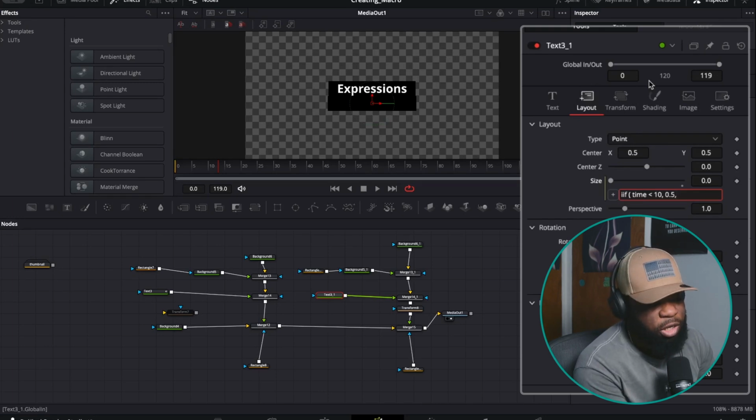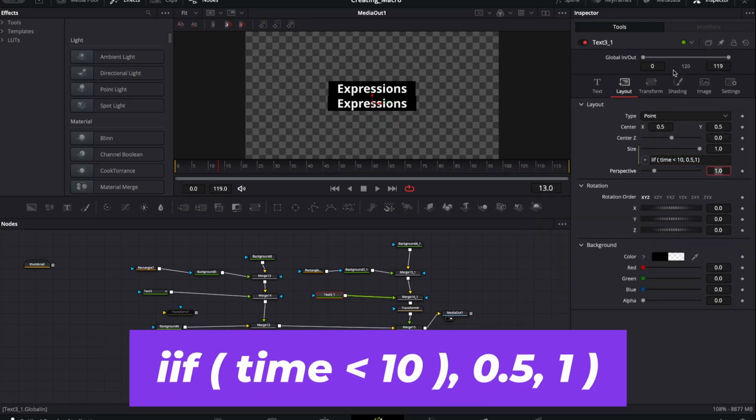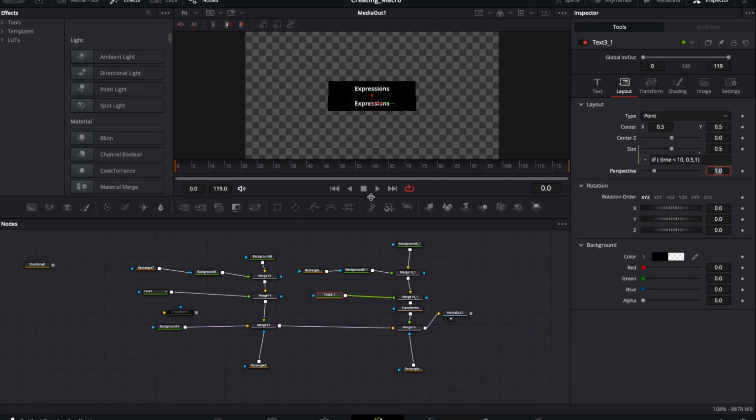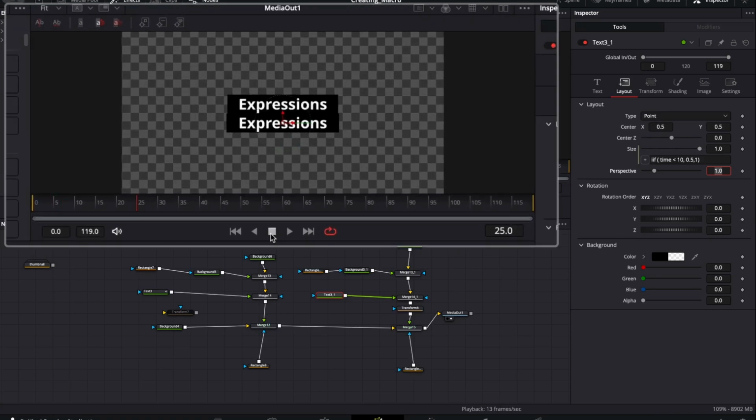When time is not less than 10, the size was 1. Boom. And that's it. You hit enter. That's exactly what we used on our first text with the keyframes. So if we play the first test and the second test, it's going to have the same animations. So with that in mind, now let's get to the expressions that we used in my